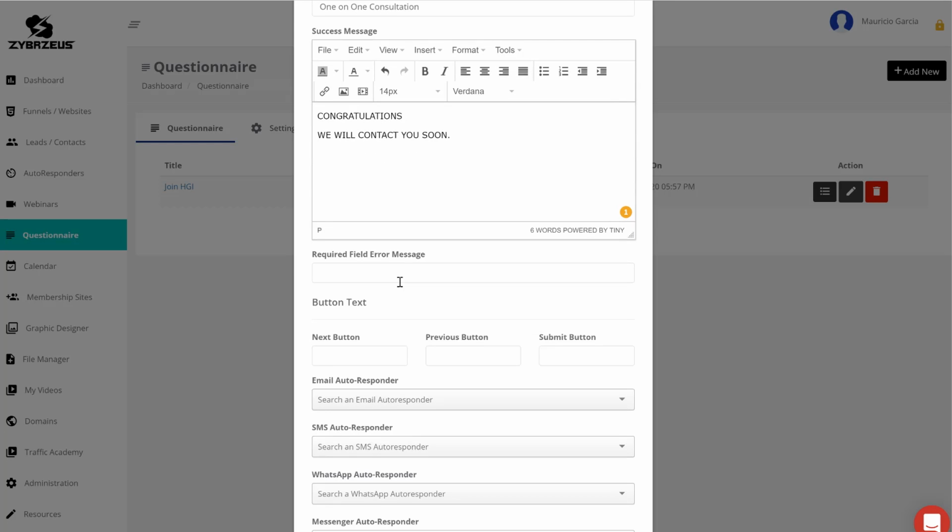The next thing that you can see here is you can overwrite what we currently show when somebody does not answer the question. Right now, it basically says field required, but you could override that by saying, please answer the question before you can advance. So whatever your message is, in case they are trying to skip a question that you don't want them to skip, and actually they can't, you can provide a message there to let them know that they must answer that